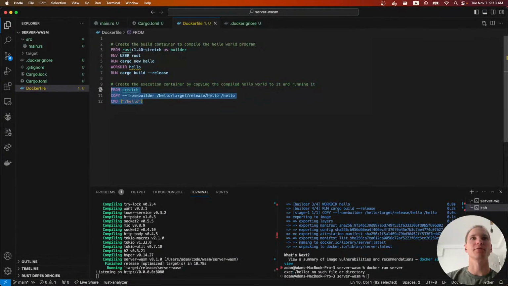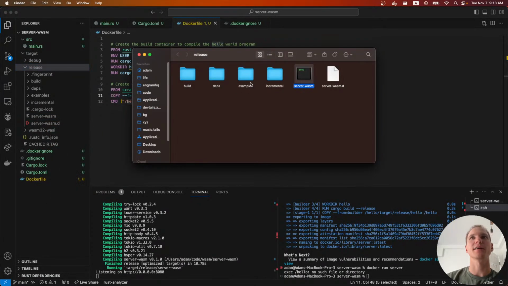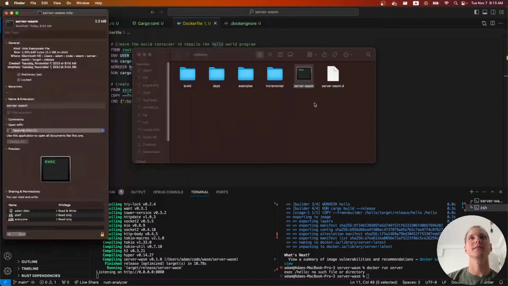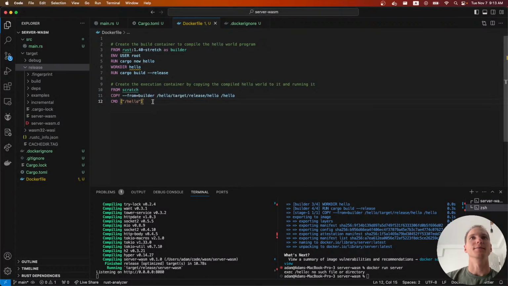Hypothetically this should be roughly the correct size, and it's just copying over an executable. So if we were to do that for ourselves as well, it would just be this guy, which is 2.3 megabytes. So even there on size, yes, you have to work your Docker file a little bit, but